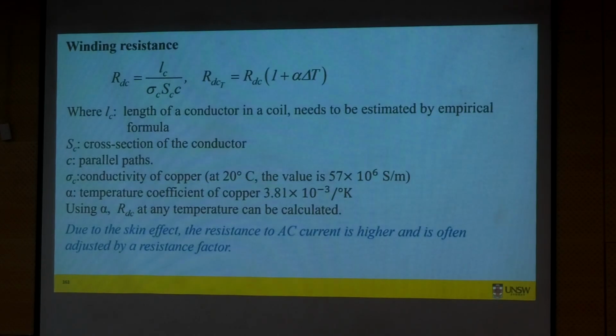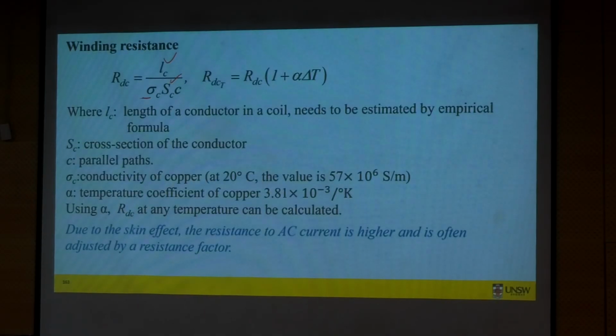If you remember, in the sizing equation, we ignored the resistance, right? So once we have determined the length of our machine, we have decided how many slots, and we have decided what is going to be our conductor size, we will be ready to calculate the DC resistance. It comes from that simple fundamental equation that we discussed in the last lecture: length, cross-sectional area,